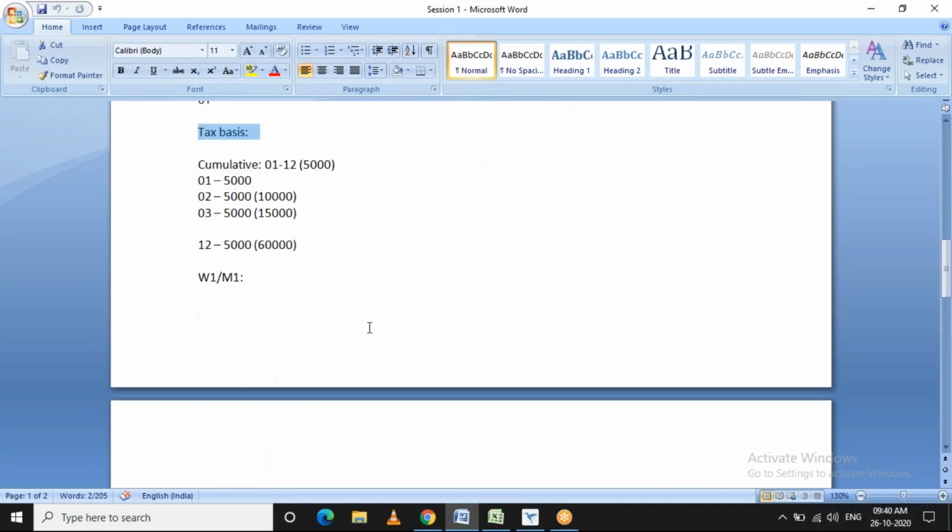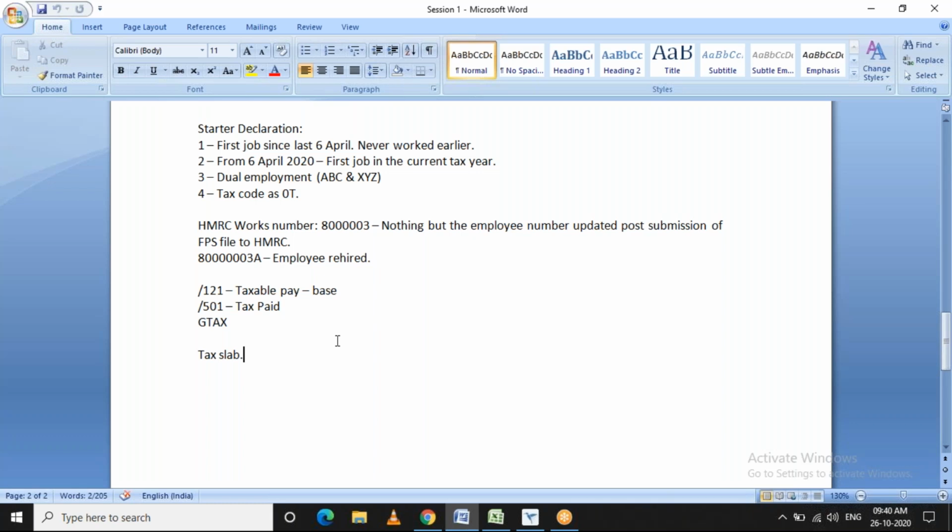No? Okay, fine. So let's move to the next point, how the tax will be calculated. Similar to India, in the UK we have different tax slabs, and for each tax slab we have certain percentages.